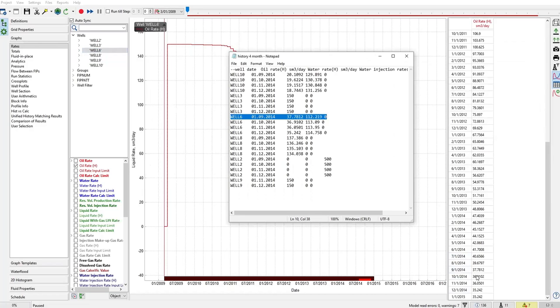At October, 36.91. At November, it's 36.05. And at December is 35.242. But don't forget, we put the last time step to be 1st January 2015, and we actually do not